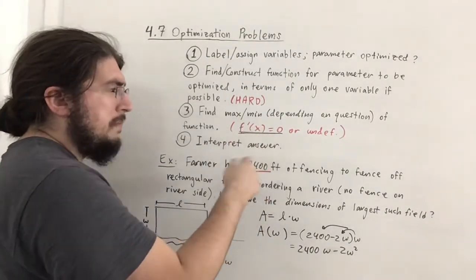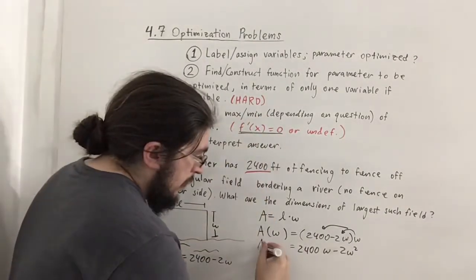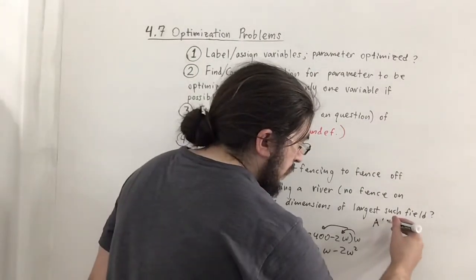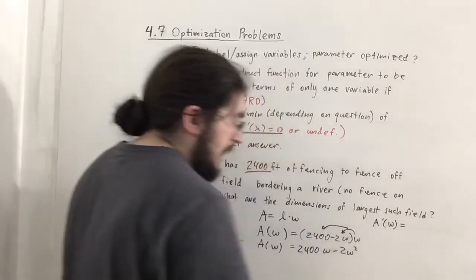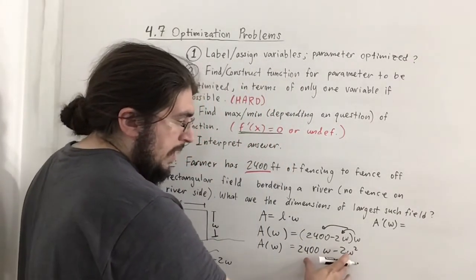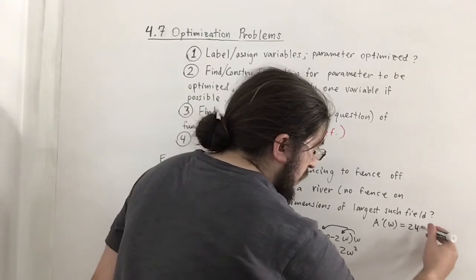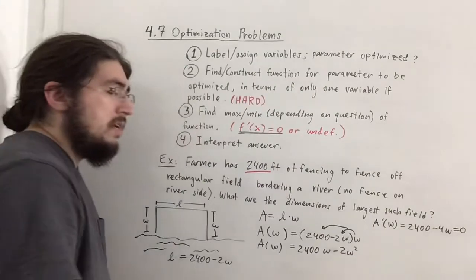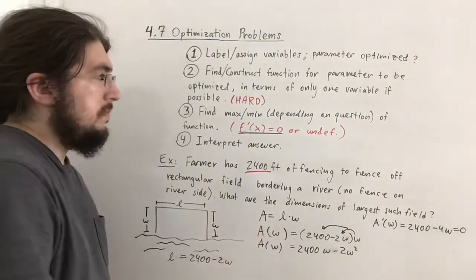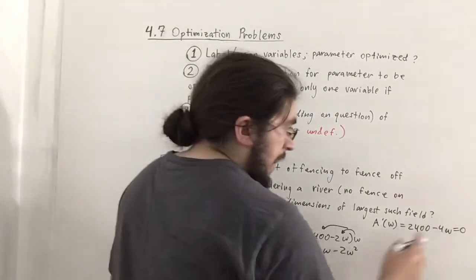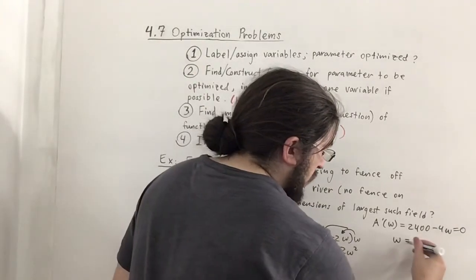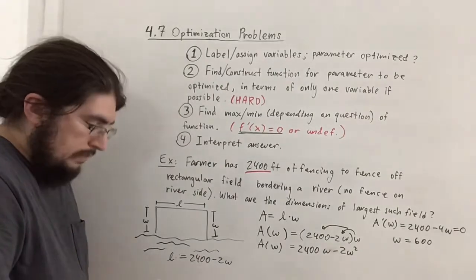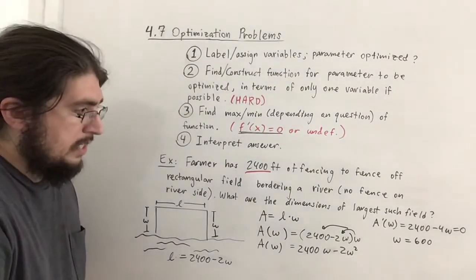And I said f prime, but it depends whatever you call the function. Here we're calling it A, and it's not of x, but of W. So now we're going to find the max or min by taking this derivative and setting it equal to 0. And notice its derivative, of course, is going to be 2400 minus 4W. And that's never undefined. So we'll set it equal to 0. Adding 4W to the other side and dividing by 4 gives us W is equal to 600. Okay, good. So now we've found out that W must be 600